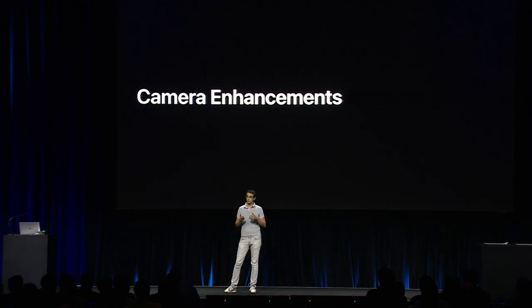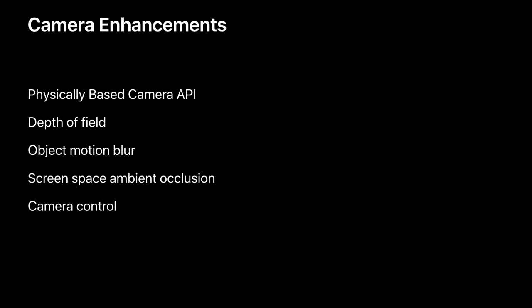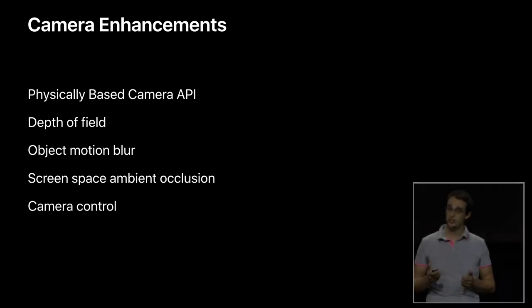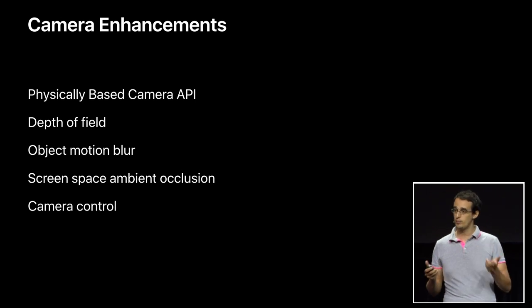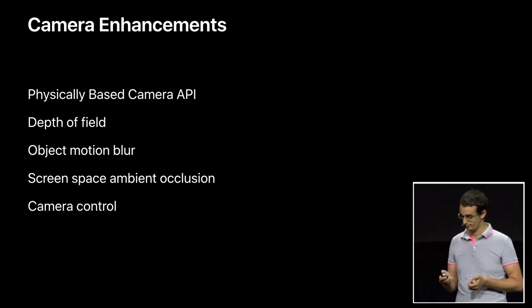During the demo, I insisted on the camera behavior because this is something that is really difficult to do right. We are seeing many questions and related requests on developer forums about this. And so we improved our camera API in this release to both simplify this problem and also improve the rendering quality. So to do this, we are transitioning to a physically based camera API, and we leverage this new API to implement a physically plausible depth of field. We also improved our motion blur and added built-in support for screen space ambient occlusion. And I will talk next about the new APIs we have added to simplify the control of cameras.